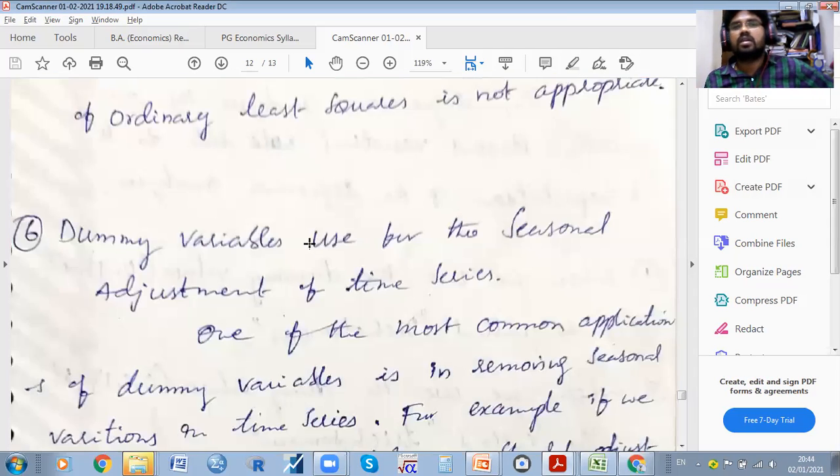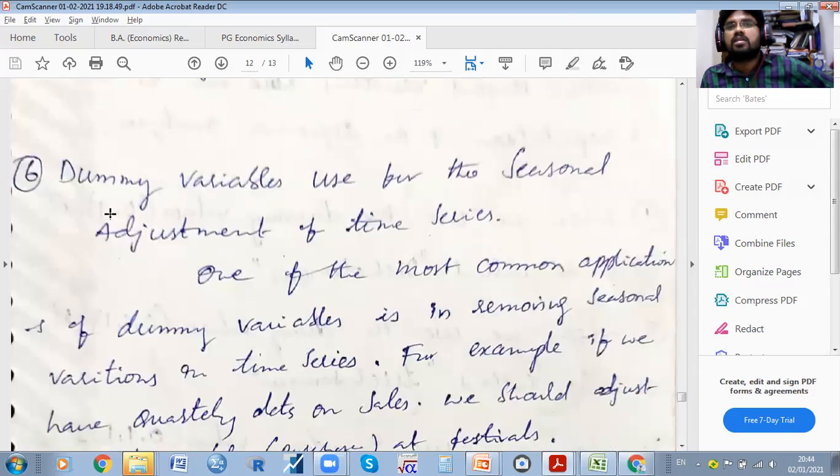And the fifth use of dummy variable. The dummy variable is used for the seasonal adjustment of the time series. For example, as you know, when you studied time series analysis in the second semester, I hope, we have the time series components. There is the secular trend, seasonal variation, the cyclical variations, and random variation or irregular variations. So for seasonal adjustment, when your sales,